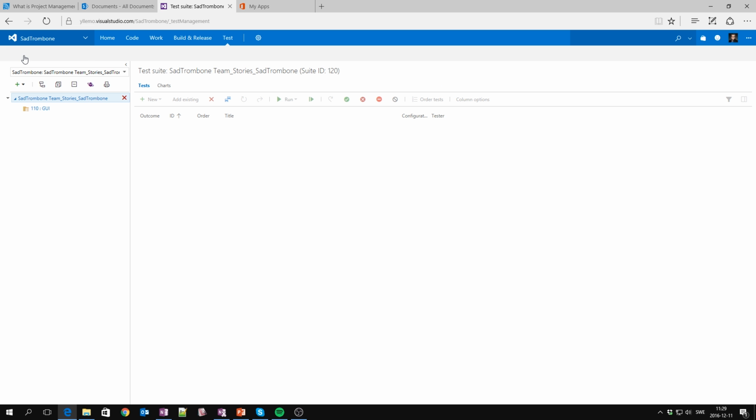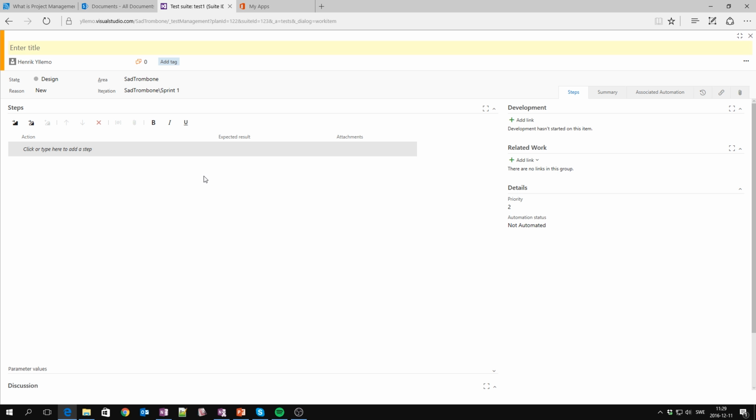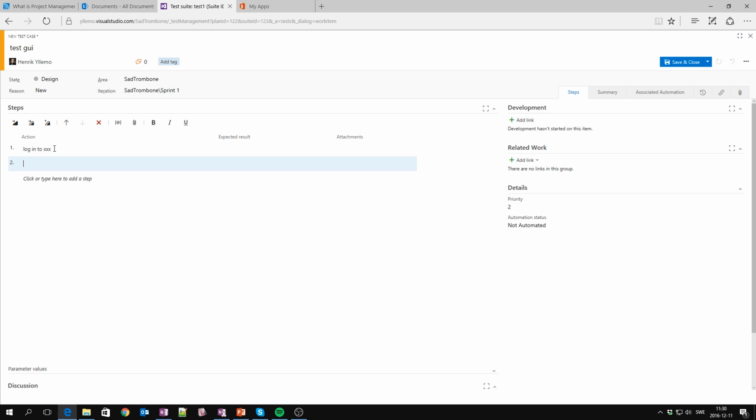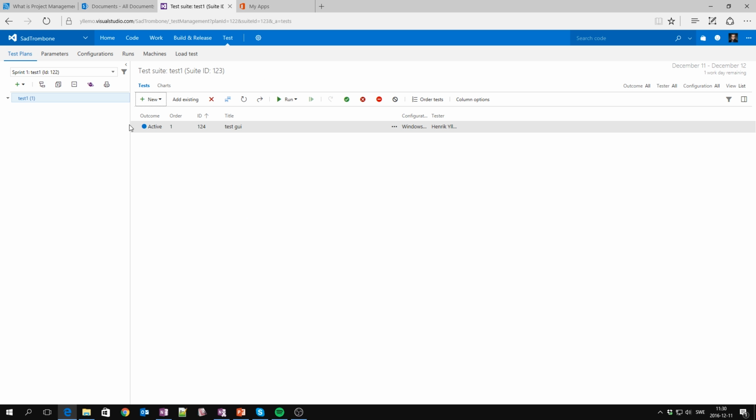We can have, for example, test plans. And I created one previously within the work tab, but I can just create a new one just to prove the point, and just call it test one, maybe. And in this test one step here, I can create new test cases. So within this new test case, I can do a test for maybe, say, something I want to test, GUI for example, and I want to have various steps. I want to log into something, check if something, and do that if then something, something like that. And this is my test steps and test plan, and I can have lots of different test cases, and I can have lots of different test plans,